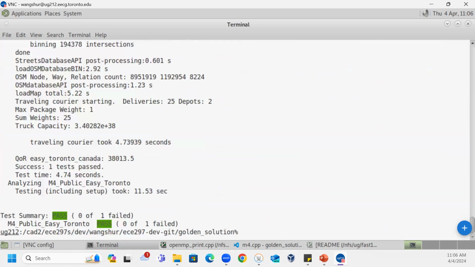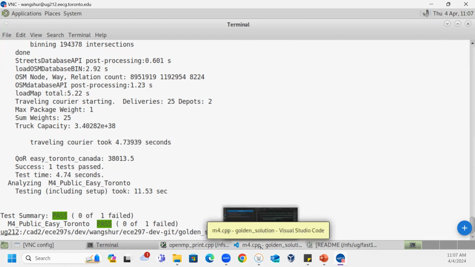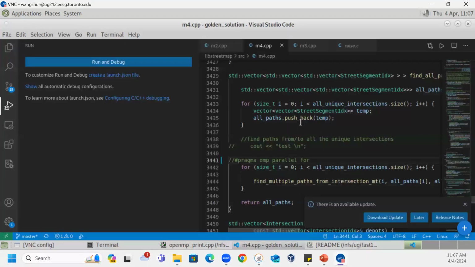Yeah, so it passes without multi-threading. So that could be one thing to check if your multi-threading is getting wrong results. So by disabling multi-threading, if it passes, then there's some memory that should not be shared. Let me enable it once more and